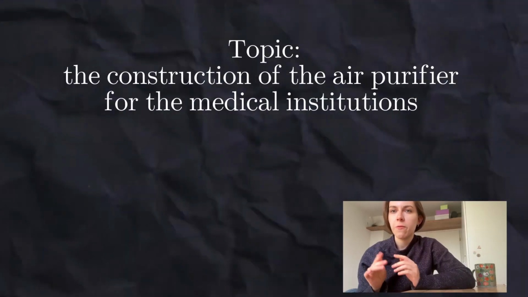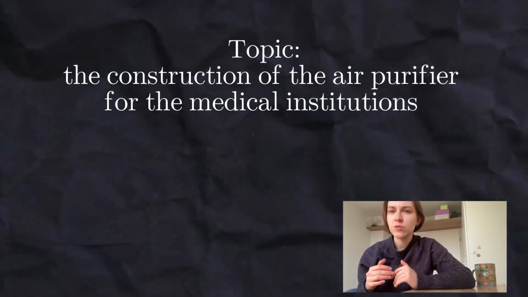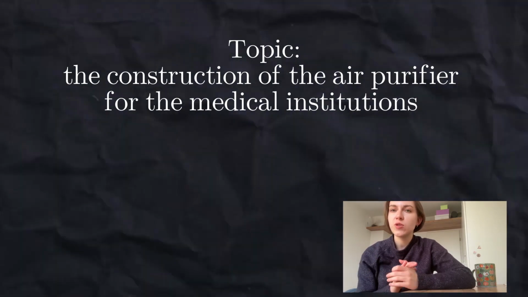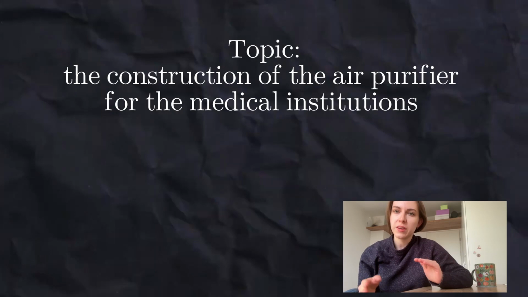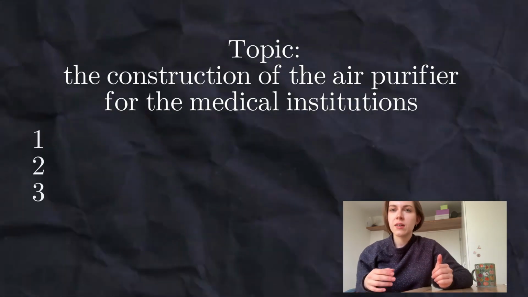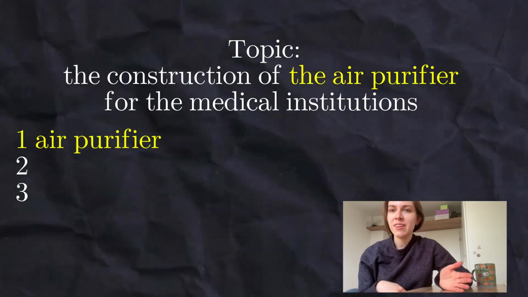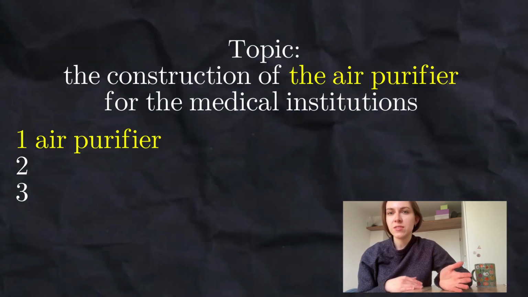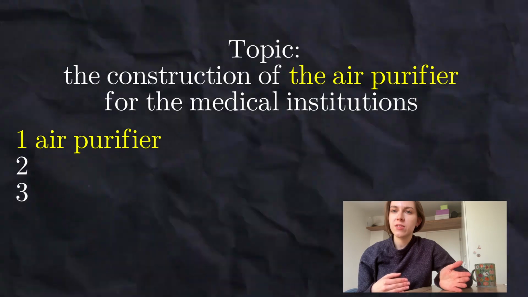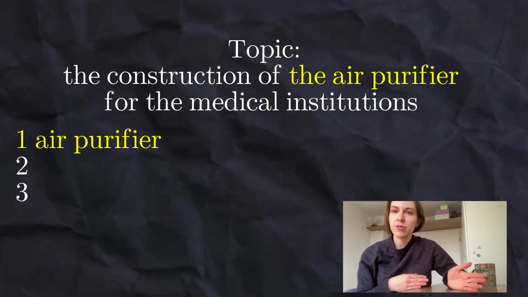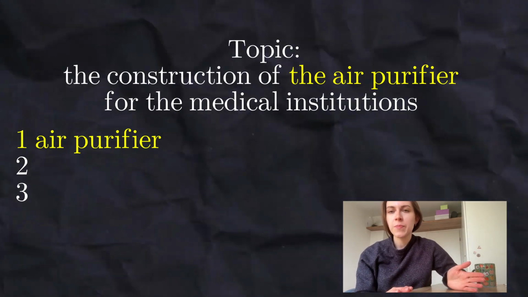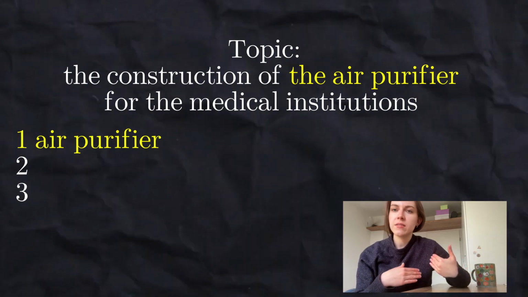If you belong to some engineering or mathematical field, you can have a research topic something like construction of an air purifier for medical institutions, for example. So in this way we can also distinguish this topic into 3 sub-areas. Air purifier: what does it exactly mean, how to define it, what properties should it have. You need to have the literature to describe the peculiarities of air purifiers. Then also, for medical institutions,